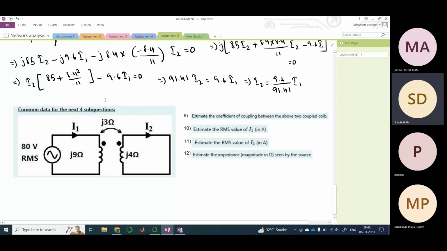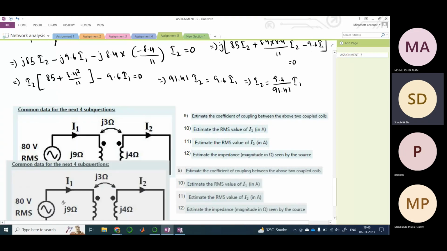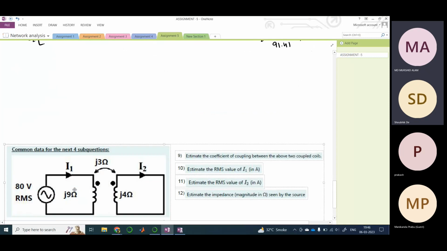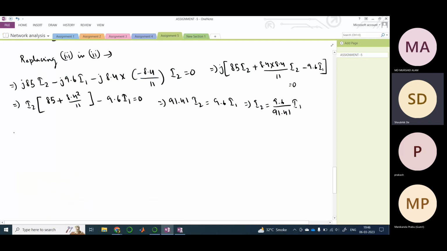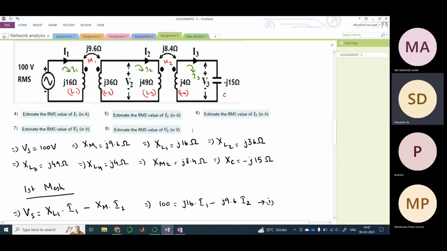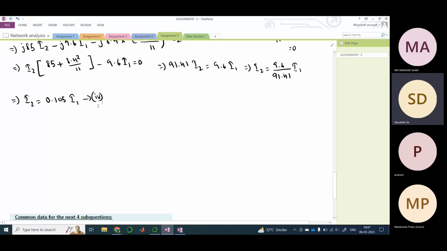Also, please calculate and tell me the value of 9.6 divided by this 91.41. 0.105. Okay, thank you. This is 0.105 I1, right? So let us write it as equation 4. Therefore, what will we do now? See, if you look at equation 1, we have I1 and I2, and if you look at equation 4, we have I1 and I2 again. So what will we do? We will replace